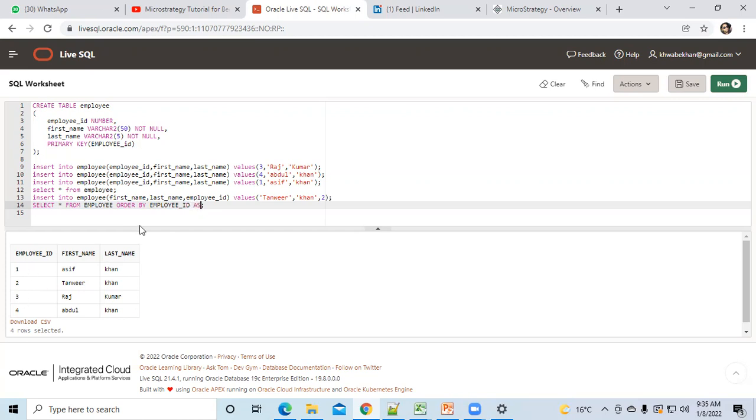But if you want, you can mention ASC as well, your wish, okay? But there will be no difference. Okay, so the order by default works in ascending order. You can see there is no difference. So this is again a very common interview question to the freshers, that order by default works on ascending or